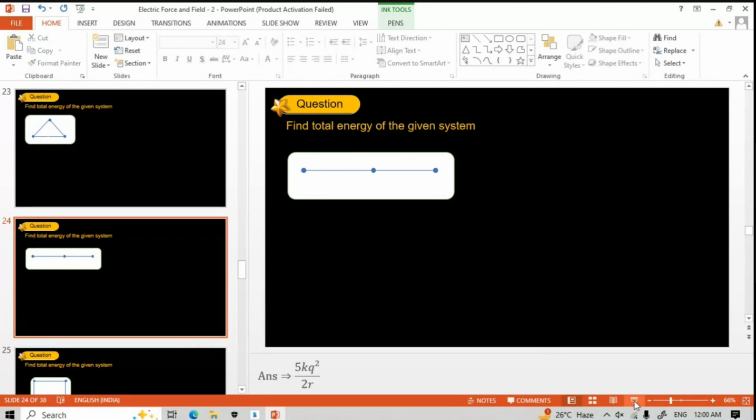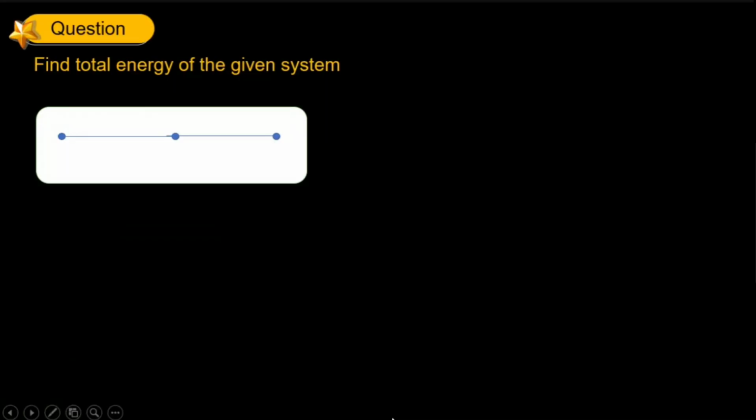Let's do this one. We'll assume that the system has three charges, and these three charges are the same in magnitude and separated by the same distance A. Again, in the system, how many pairs are possible? The first and second, the second and third, and then the first and the third. So U is going to be K Q Q by A